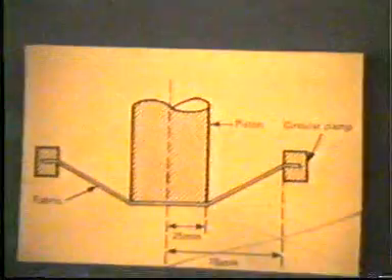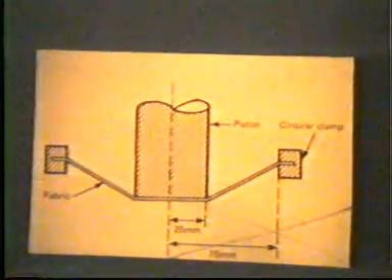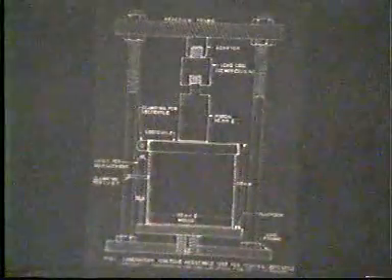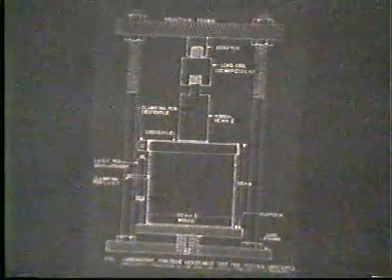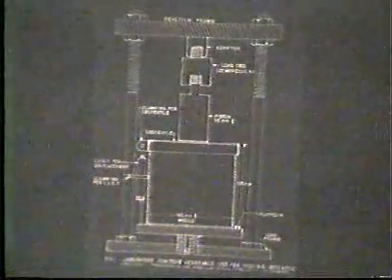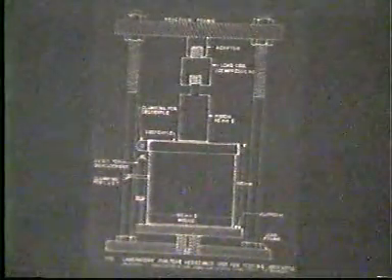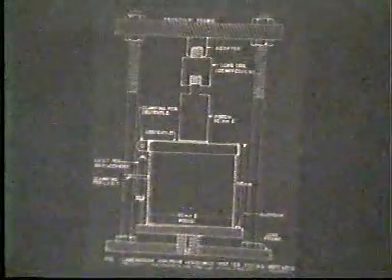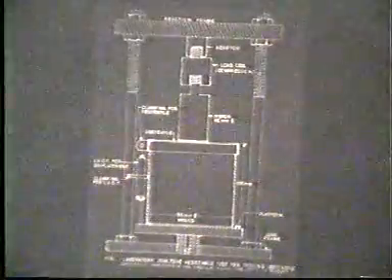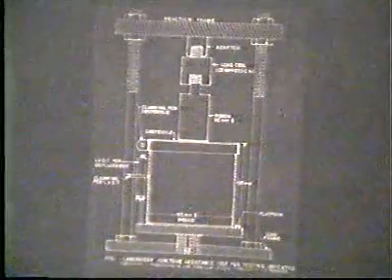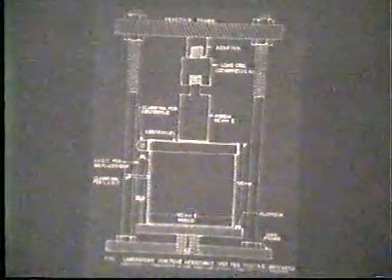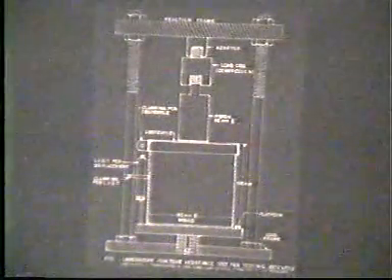Now this test method is used to measure the index puncture resistance of geotextile, geomembrane and other related products. The test shows